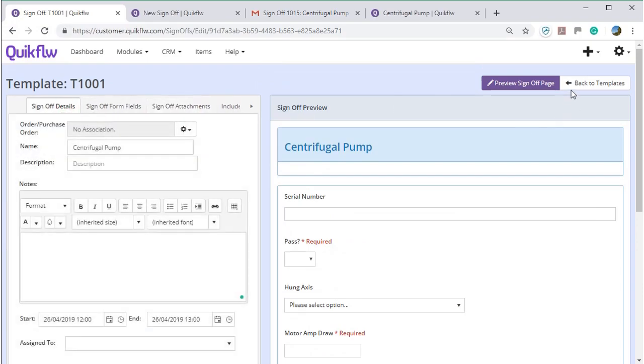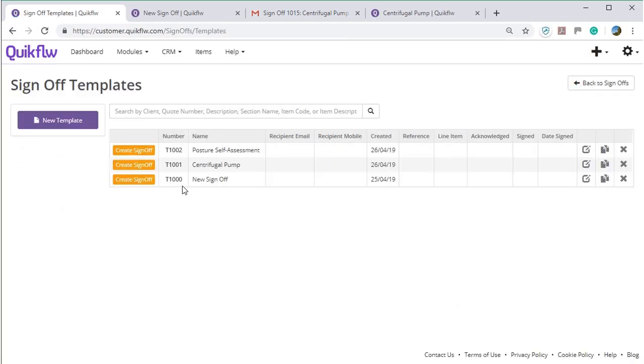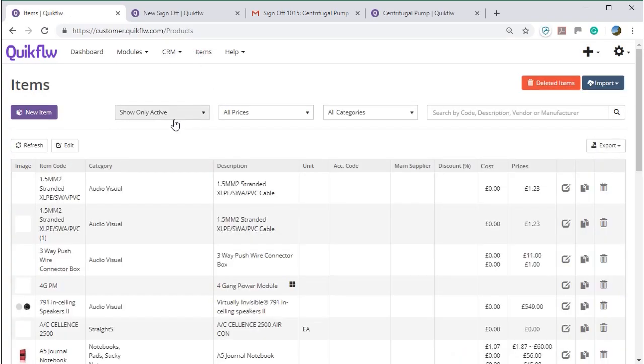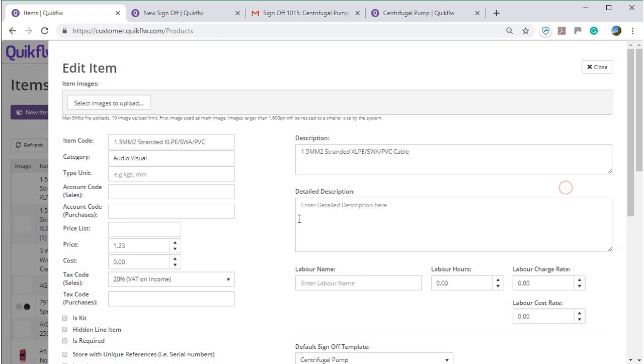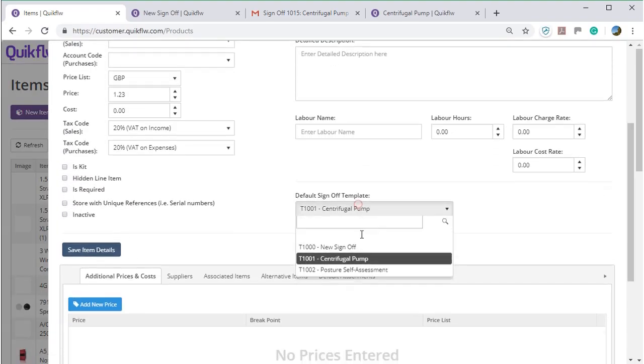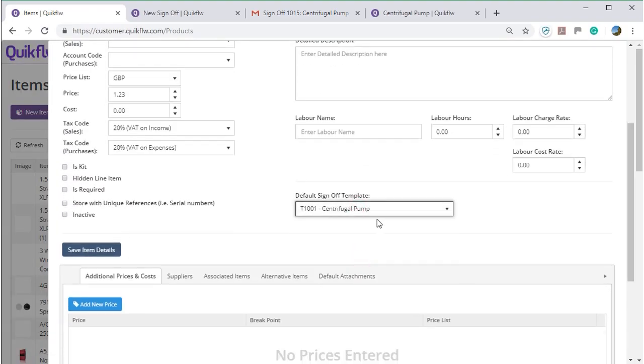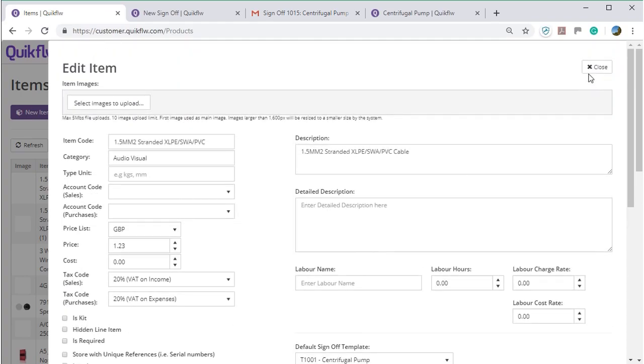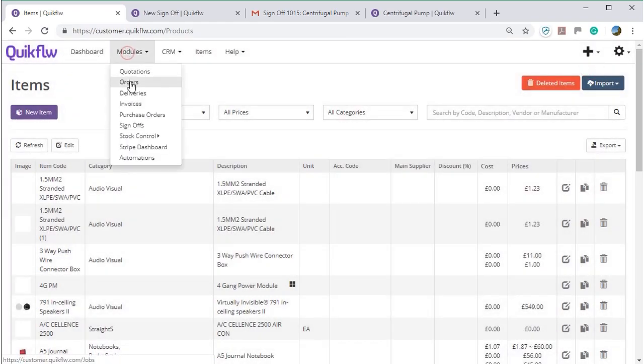Once you've set this up, you can then create a sign-off just by clicking on create sign-off, and that will create it. Or alternatively, and probably more likely, you'll use it to create it from a job or a purchase order. So with this you have a couple of options. You can actually set up on an item what its default sign-off is. So this has a default of a centrifugal pump sign-off, which means that if I then go to a job,